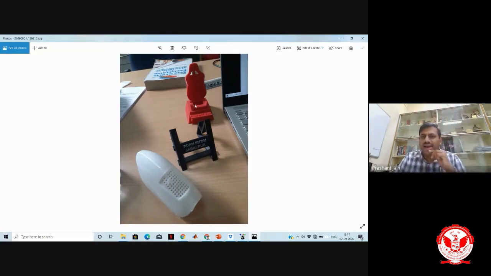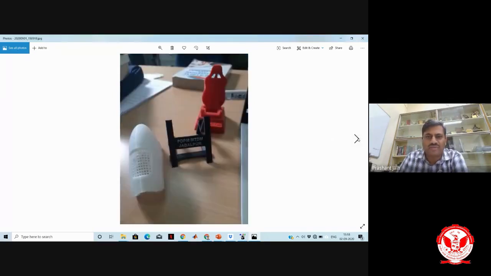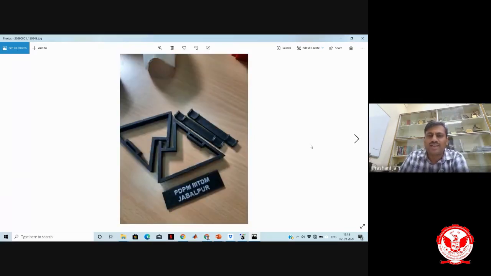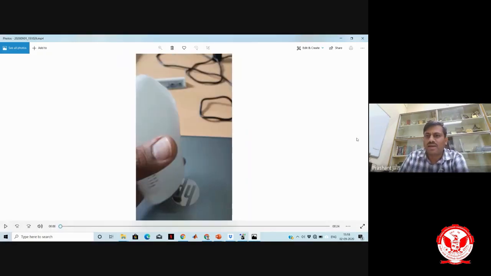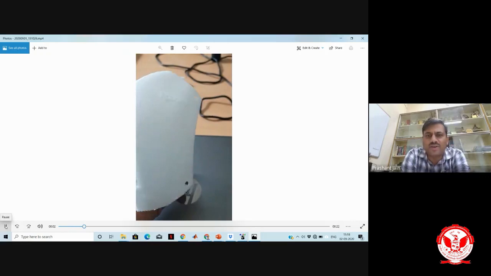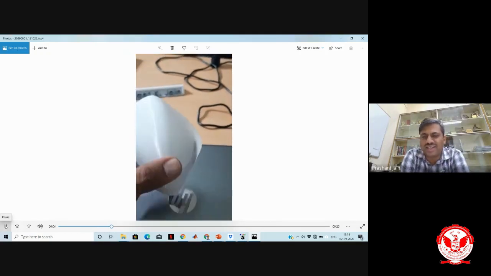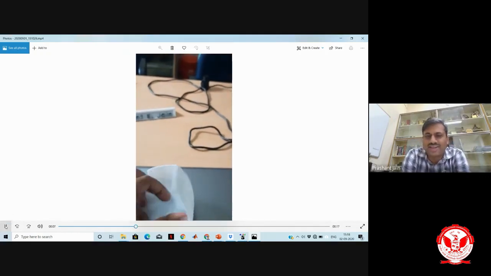This is on my table, and this is the 3D printer printing the mask. We are still trying to optimize it, not yet completed. This is the first iteration. This is another one, for a mouth speaking duct. We are printing another model with TPU material, so it is flexible. This is the mobile stand I have shown you already, and look at this video. This is the 3D printed mask. Yesterday only we printed it, after listening to this interesting title, sustainable design.